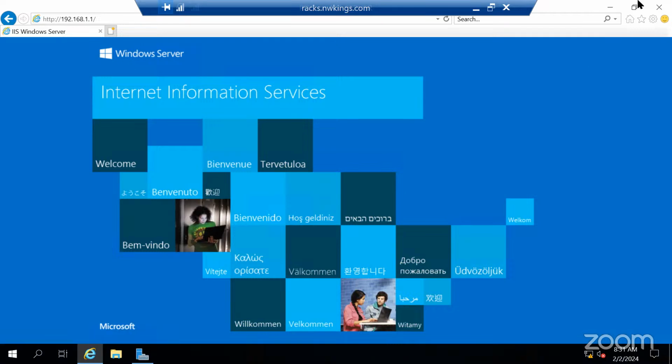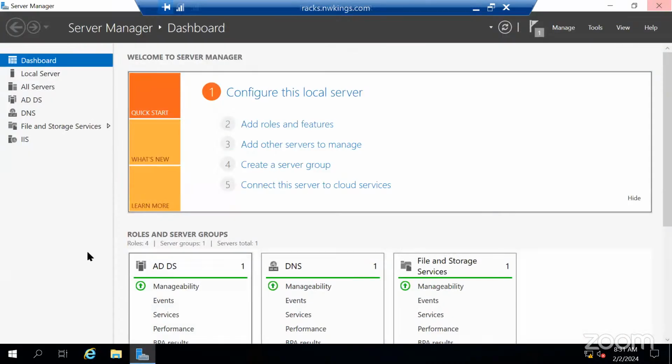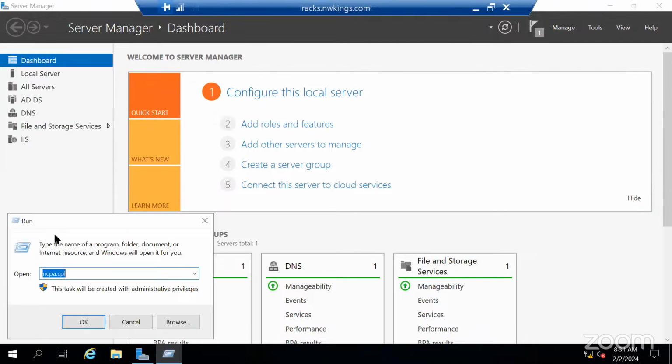Let me show you a small example of how you can host your own website. See, I'm not a developer, but I have some website pages available that I'm going to host.